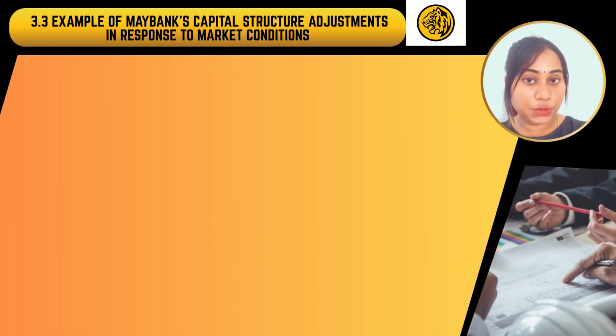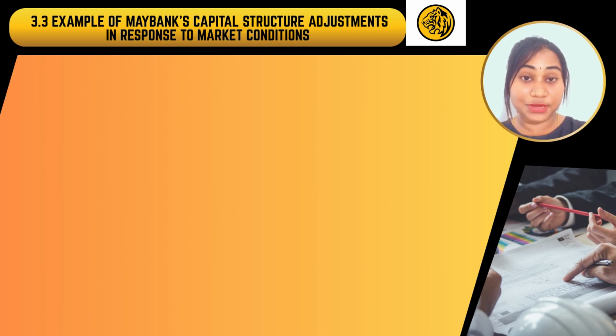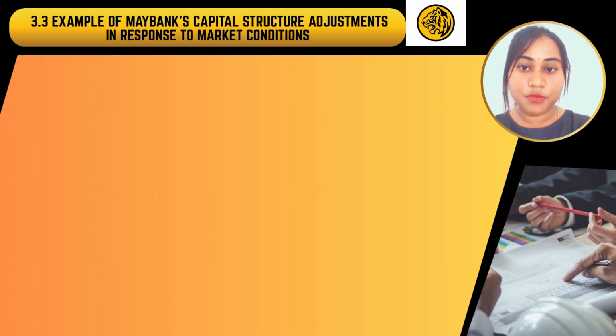Between 2021 and 2022, Maybank made key capital structure adjustments in response to shifting economic conditions. In 2021, during the pandemic recovery, it reinvested 1.26 billion in retained earnings, reduced interest costs and increased dividends to 58 cents per share, helping preserve financial flexibility and maintain a strong CET1 ratio of 16.09%. While in 2022, despite inflation and rising interest rates, Maybank grew its assets, kept CET1 above 15%, and continued to manage funding costs effectively. This reflects Maybank's ability to balance growth with risk control while ensuring capital adequacy and long-term resilience. That's all for me.